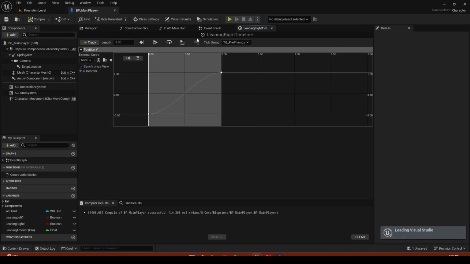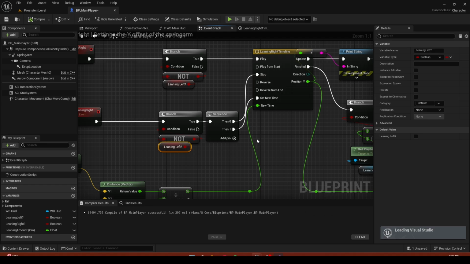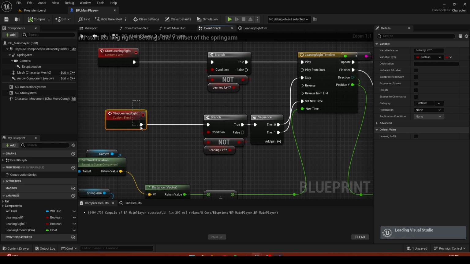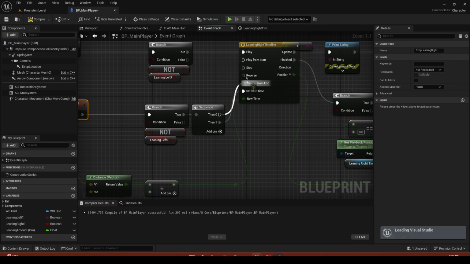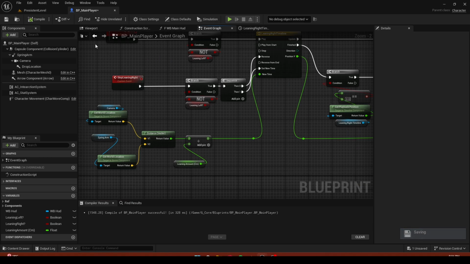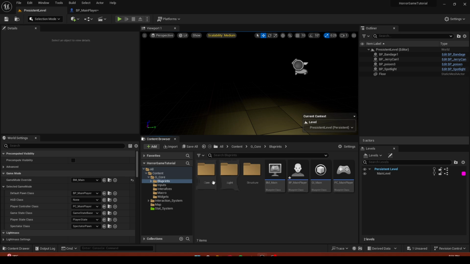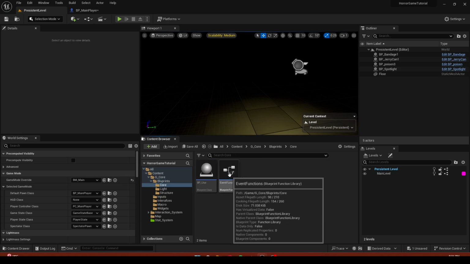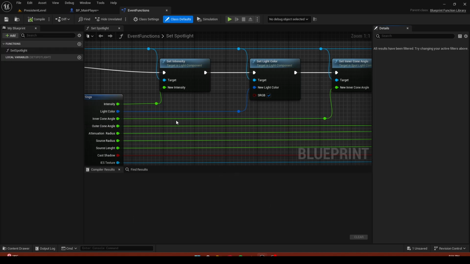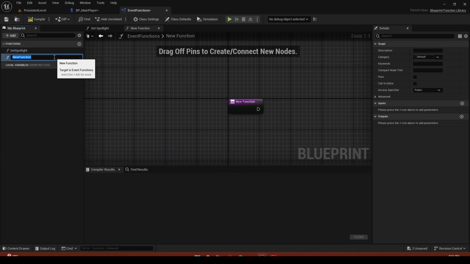Oh, by the way, I actually forgot, go into your timeline and do this: ignore time dilation. Sorry, my bad. It should not be stop leaning right here, it shouldn't go into the stop, it should go into reverse. So we are going to go back to our core that we created last time, the blueprint function library. Go into that. I'm gonna create a new function called